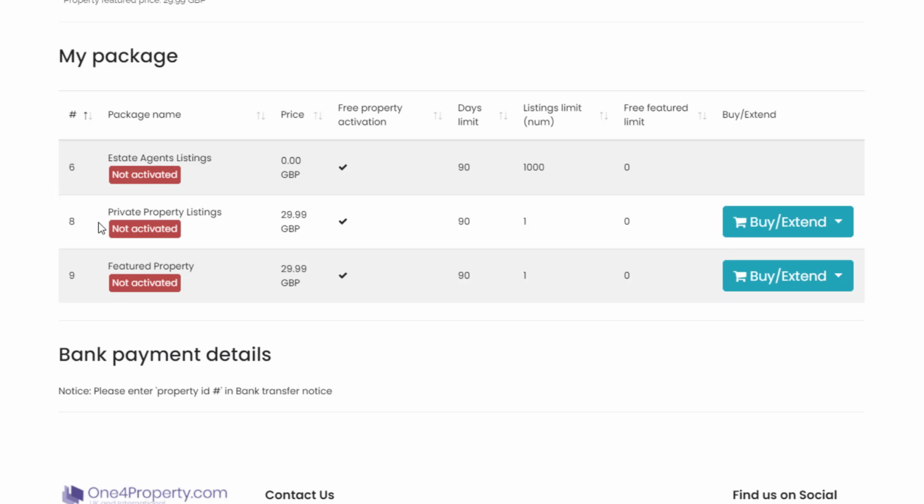Now this is where I can choose to buy my package. If I want to have a private property listing, I will pick this $29.99 package, which includes free property activation, and that membership plan has a limit of 90 days. So if I sign up today and pay, I have 90 days from today to use my property listing on the site. After that 90 days expires, my property listing will be deactivated. It won't be deleted, it'll be deactivated. And if I choose to return, then I can reactivate the listing, a second term of listing for another 90 days